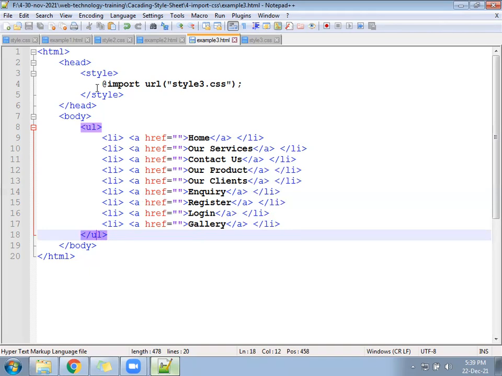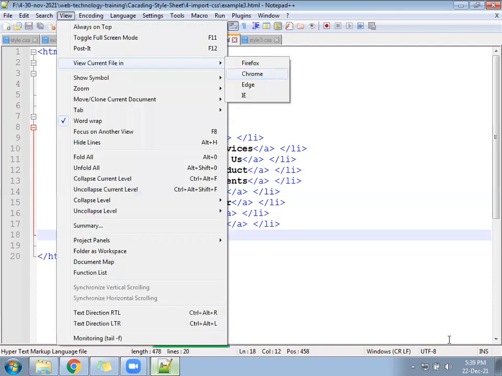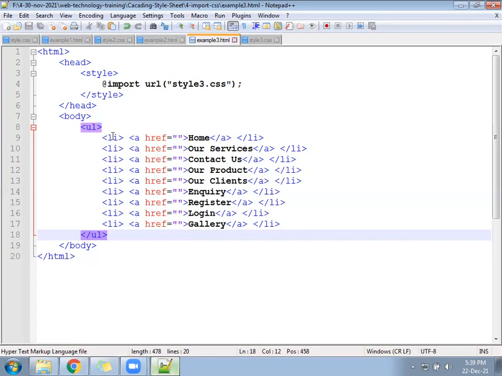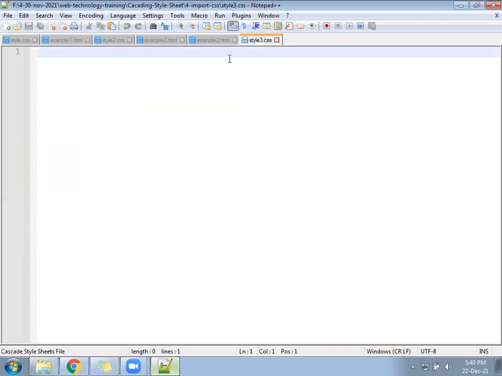Okay, so now we need to go to the CSS file. Let's go in this file, style3, and you will write the CSS for the body tag.